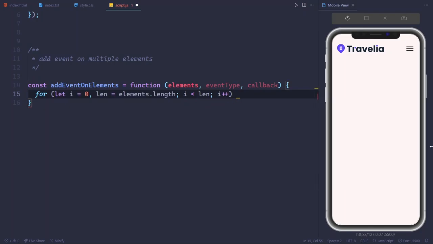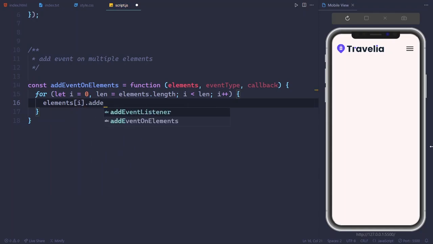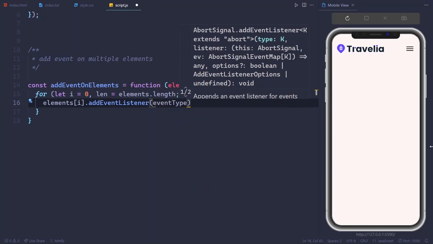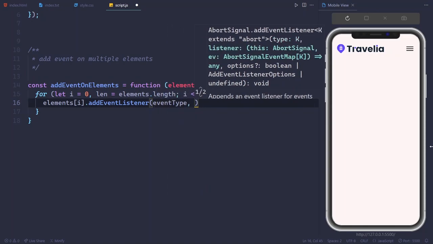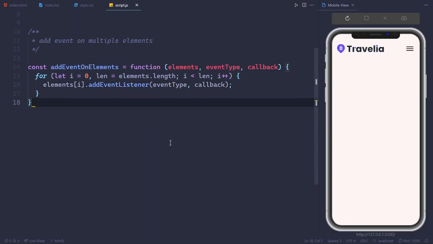After that, update the loop, and here will be elements and index dot add event listener. So listener will be event type and callback function will be callback. Alright, so after that,